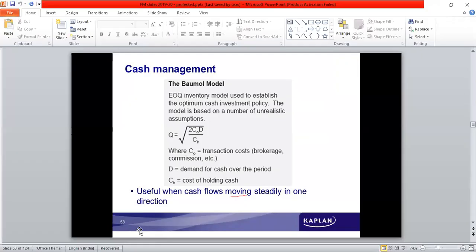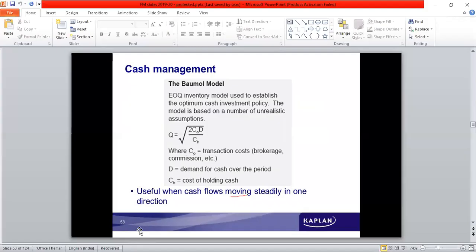Cash is needed for various reasons. To meet the day to day transactions, cash is needed. Then as a precautionary measure, cash is needed. As a speculative motive also, cash is needed, that in future some discount facility can come up or something offered by the suppliers, wherein if they purchase in bulk quantity, they can avail a discount. So certain things, if they are speculating would happen in future, to meet those things cash is needed.